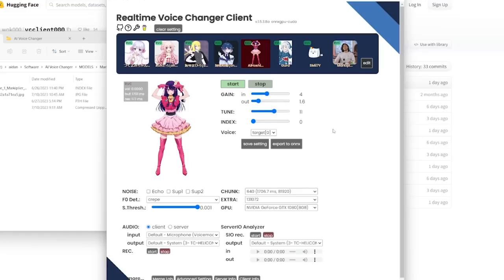One of the reasons I think this model doesn't do as well is because it's a Japanese model, and because I'm speaking English, it wasn't trained on English. But I found that this model actually does quite well when I speak Japanese. So for example, I'll just try talking in Japanese with this model. こんにちは。私の名前は星の愛です。 So you can see there, it sounds pretty good, but it can be a little bit tricky,